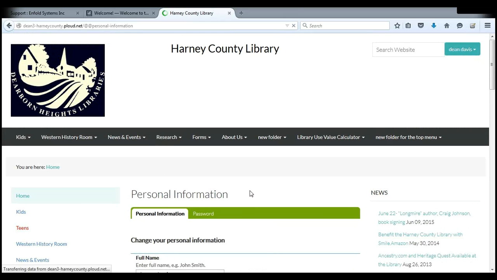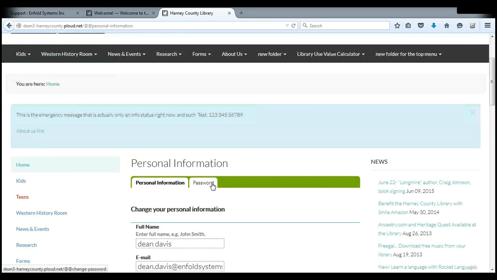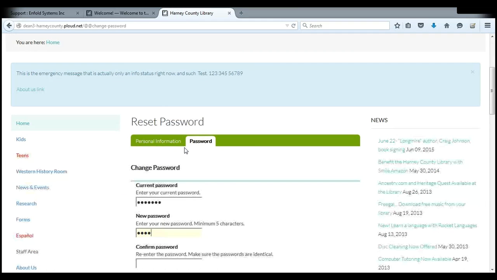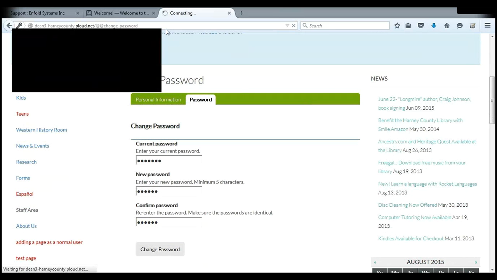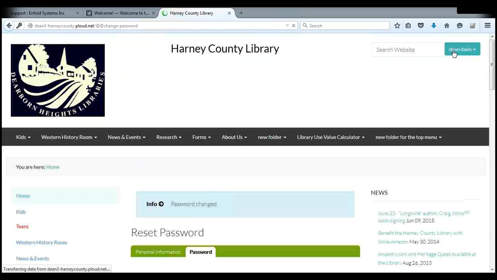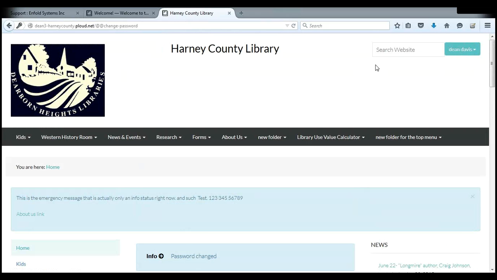And then on this personal information form, you can see that you've got two tabs, and the second one is password. So you can go there, and it'll ask you to enter your current one, and then you can change that while you're logged in. And if you are a site administrator,